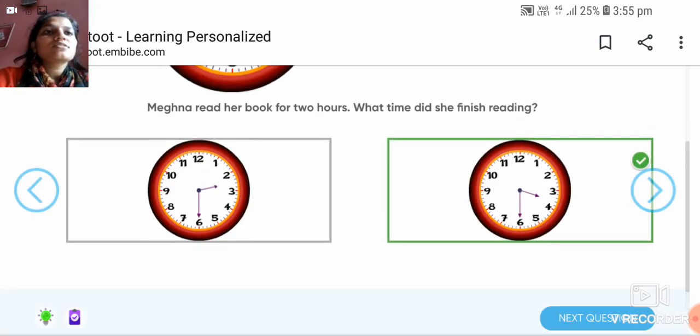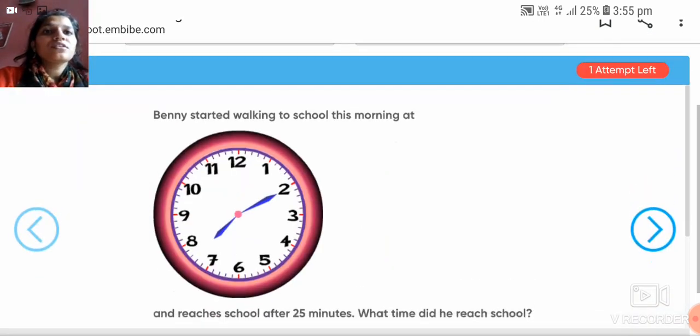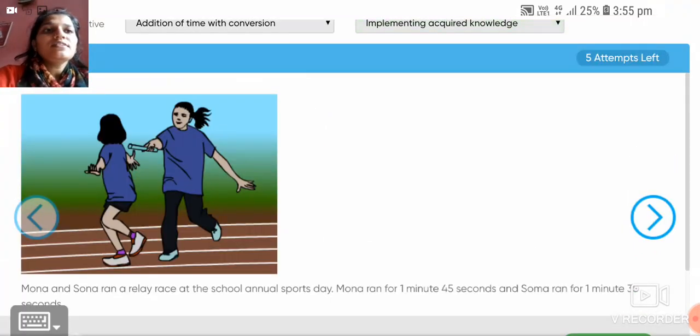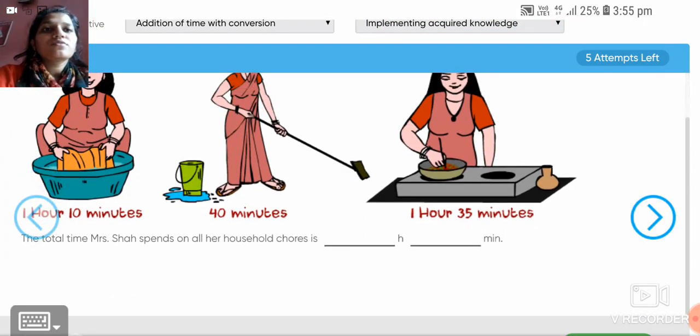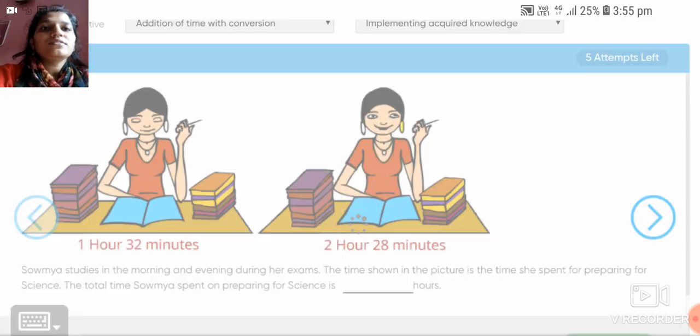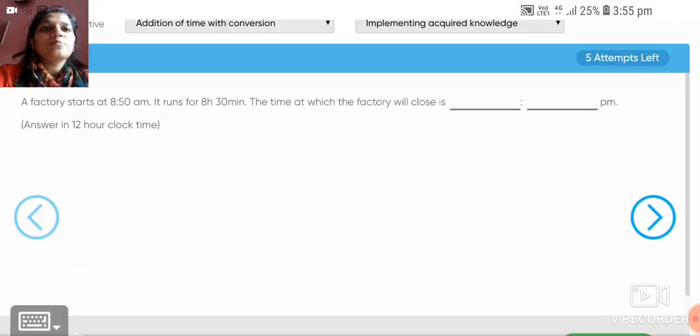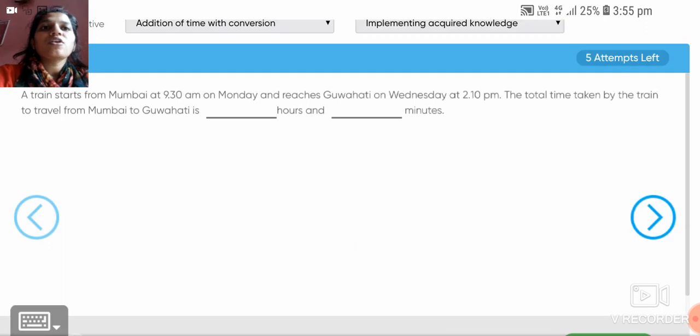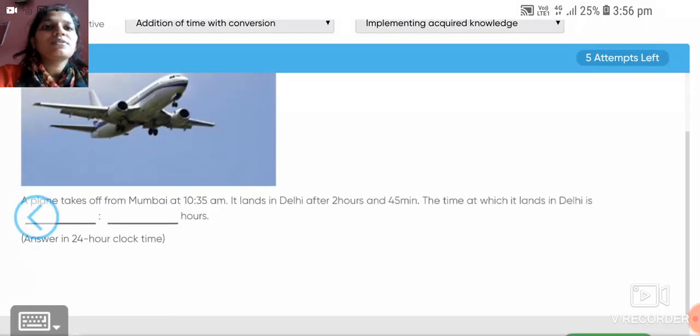Yes, so this type of questions you can solve. It is very effective for the solving. Okay, you will definitely enjoy the word problems. Please go through all these word problems and solve them. Now you have to open your math CW, and we are going to solve my practice time. Today we are going to solve my practice time 4. Please open your maths CW as well as textbook.